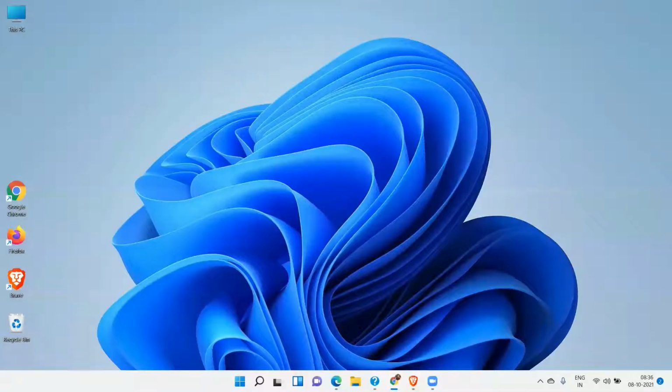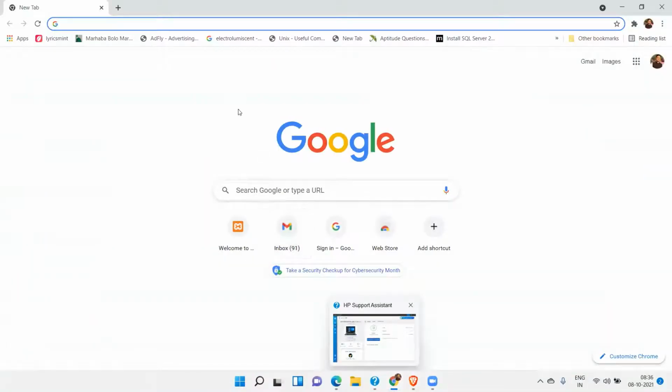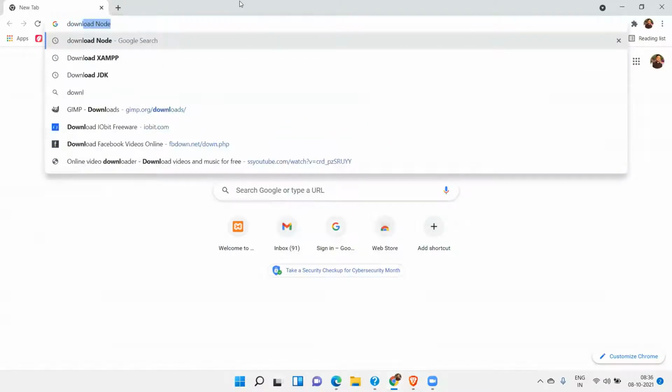Today we are going to install VS Code on Windows 11. The same process will be if you are using Windows 11 or you are using Windows 10, but we will check on Windows 11. So if anything will change in the process, then we will be aware of that. So we can download it first.